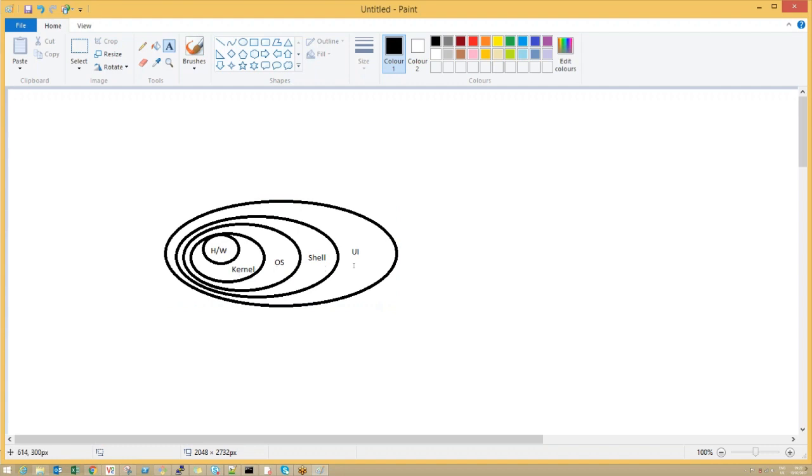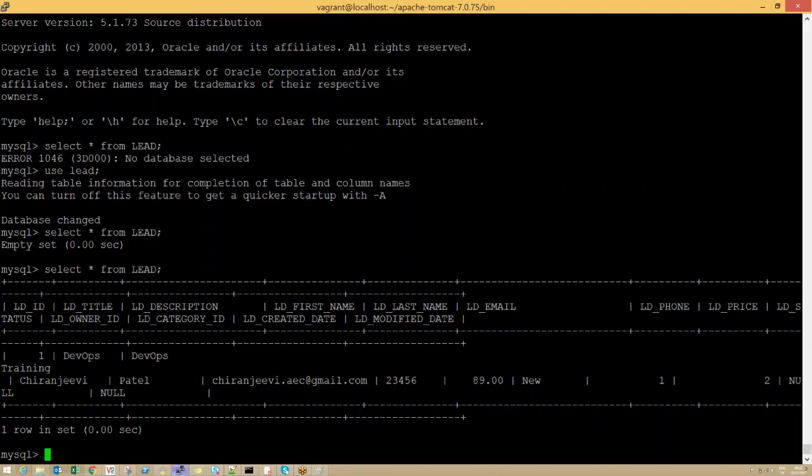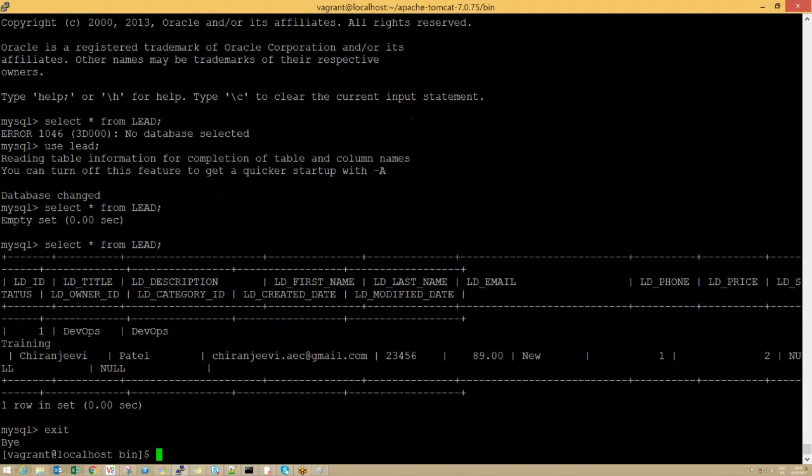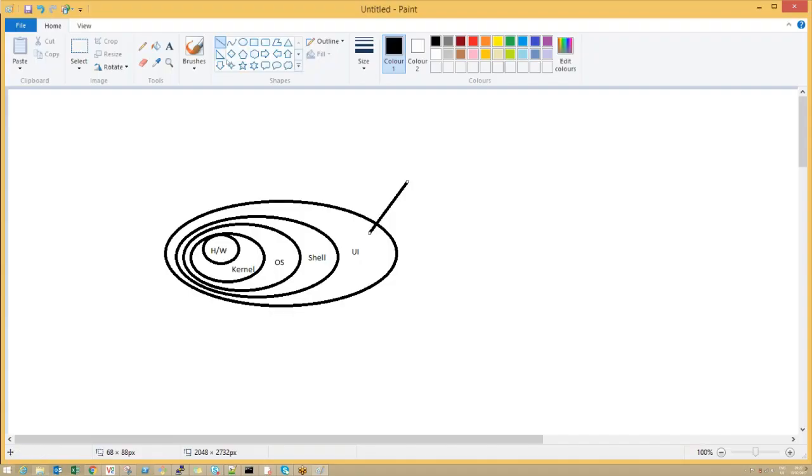Including the Windows operating system. Right now, we are accessing our Windows operating system from the UI. We are working over here at the moment. When it comes to Linux, this Linux terminal, whatever you see here, we call it a shell. So in Linux, we are operating at the shell level, not at the UI level. You might be thinking that Linux doesn't have a UI. If you ask that question, yes, it does have one. But right now, for the Linux operating system, we are not using the UI.